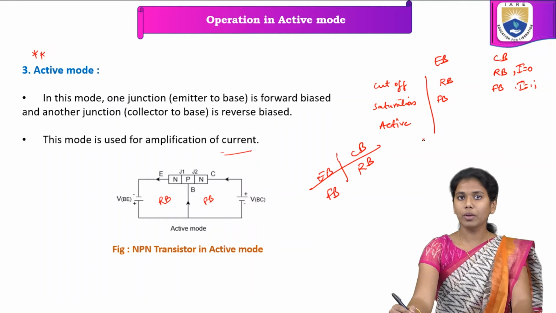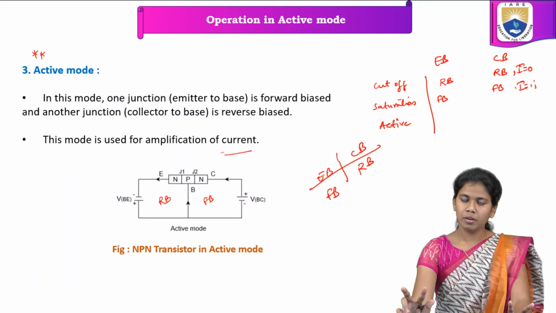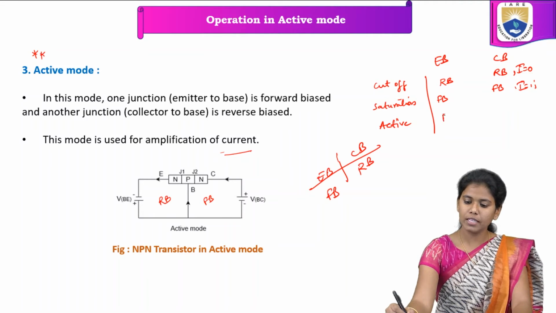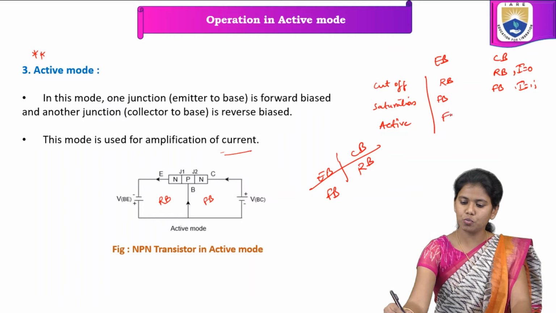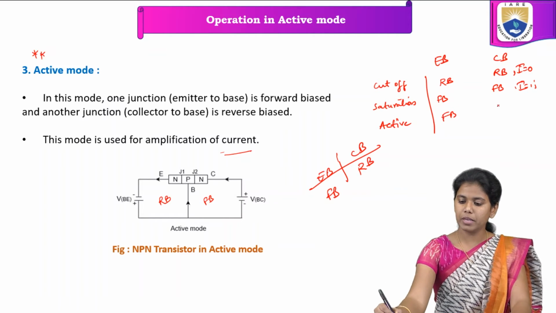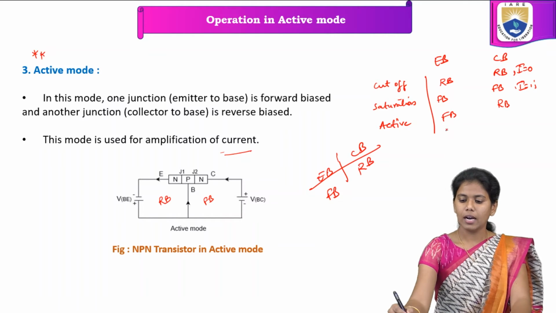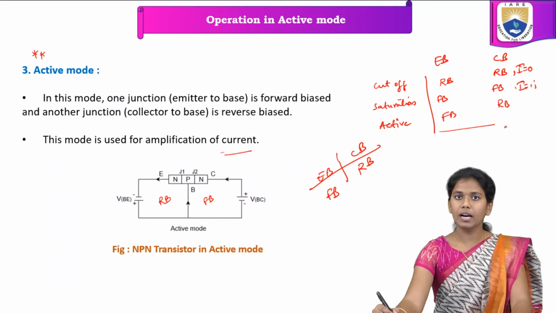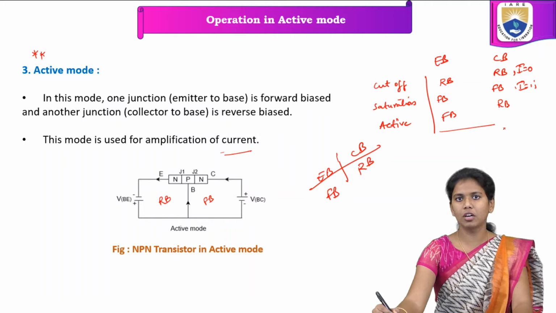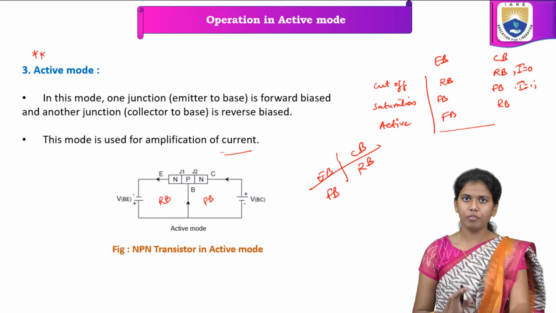And now in active mode, among these two junctions, the emitter base junction is forward bias and the collector base junction is reverse bias. So here this particular condition helps us to amplify the current. Okay, in current amplification circuits, we can go directly with the transistor mode of operation in